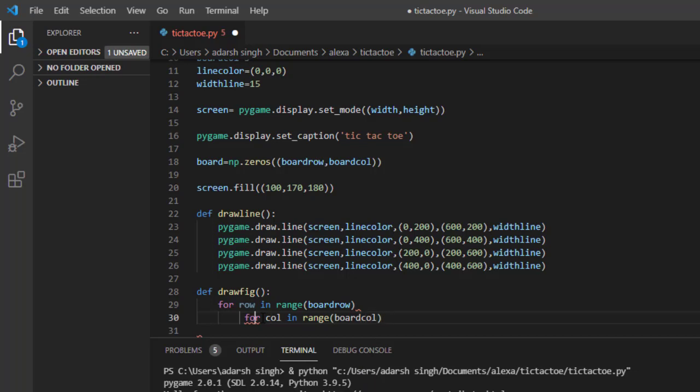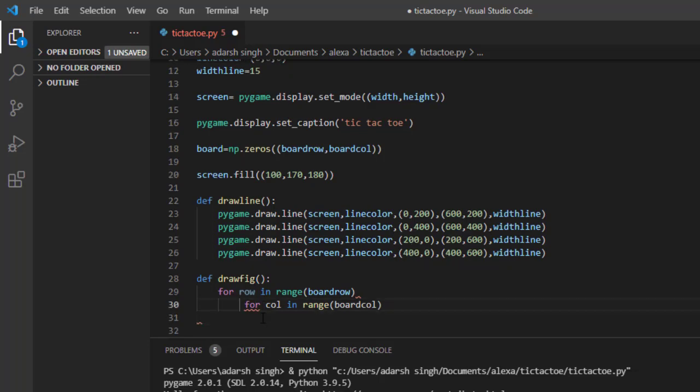Just a second, I didn't use this sign here. Yeah, and after that just simply give it here also and enter and write